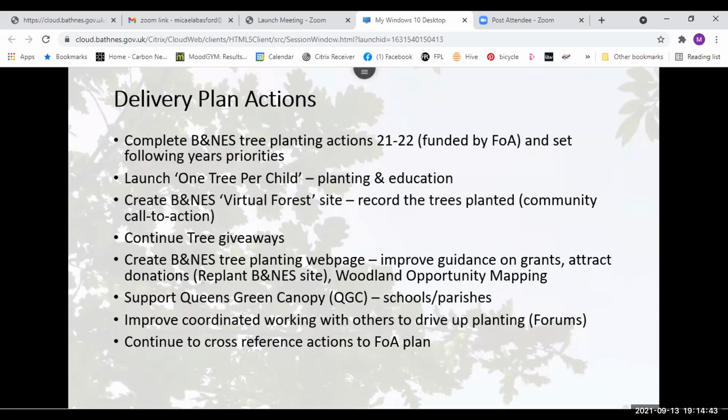So we created woodland opportunity mapping for rural B&NES, which will be an online resource to help locate landscape areas within B&NES best suited to planting different sized categories of woodland, from small groups to large-scale woodlands. The mapping excludes a comprehensive range of known constraints and takes into account landscape sensitivity assessments to reveal the best general landscape areas for tree planting. It will include links to planting guidance for each landscape type or character area, alongside the tree and woodland sensitivity assessment and guidelines. The map and guidance will be published in probably 3 weeks' time,